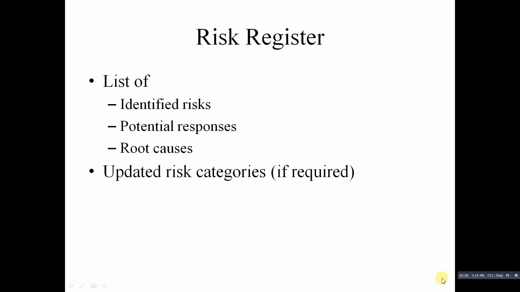Then potential responses to each risk. A potential response to the defective server might be to include a clause in the supplier's contract to replace the server within a certain period of time at a negotiated cost. So if a condition occurs where the server gets some problem, the supplier of that server or hardware equipment should